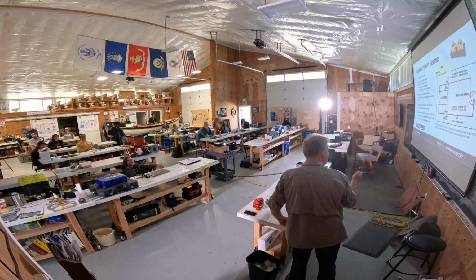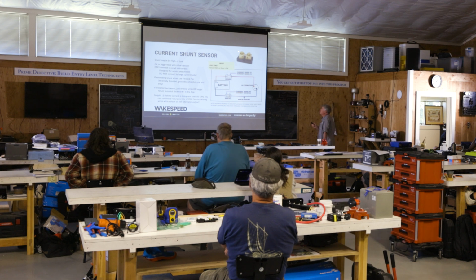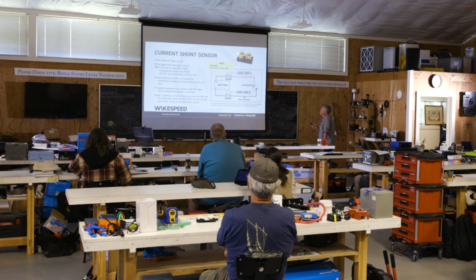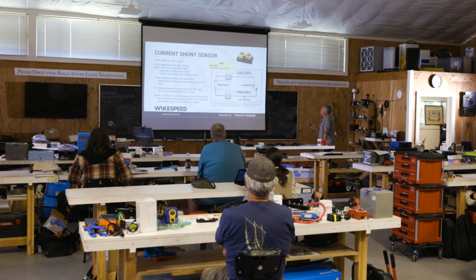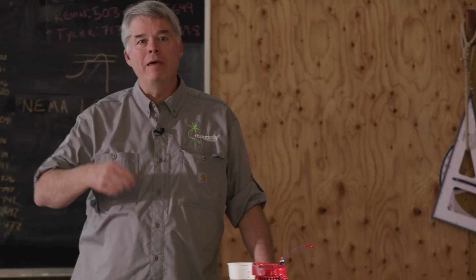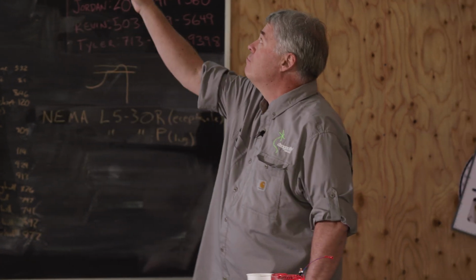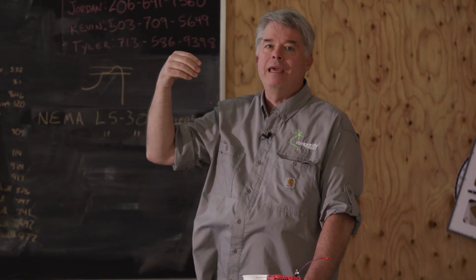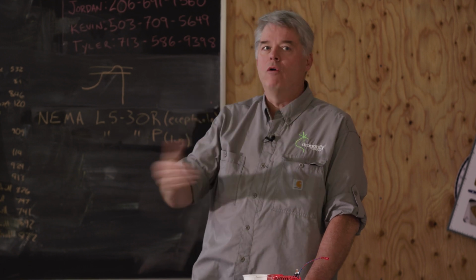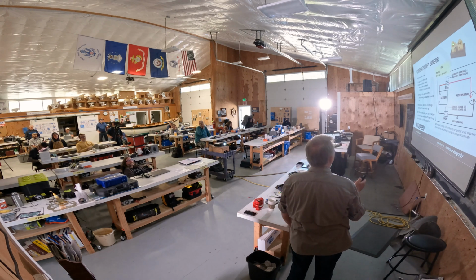Okay, I'm going to try to make this little laser work. Oh, look at this. So here is where you connect your high power current cables. That's where your 4-aught wires go in and out, right? These little side terminals here are where you hook your sensor wires. Never, ever, ever connect these sensor wires to the high power terminals. The reason why is we are measuring microvolts. I mean, it is a very small voltage. Just the current flowing through those high power terminals will introduce a multi-amp offset, and you will get no accurate reading. So, number one hint, not your question, but number one hint: do not install the gray and purple wire there,